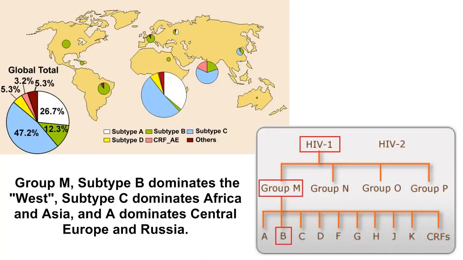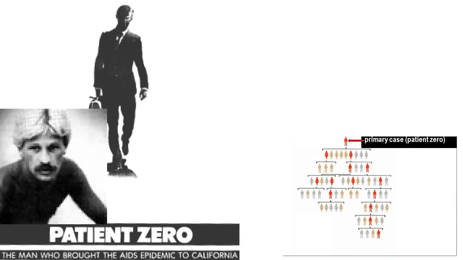Asia and Russia may have been infected by a second wave of emergence, as their subtype profiles are markedly different than the European and North American subtypes. South America, Australia, and Northwest Asia are a possible third wave emergence. The popularized idea of the Canadian flight attendant as patient zero is very misleading. He was certainly not the first case outside of Africa or in North America, but he was the index case in a large cluster of 248 patients in 1983.